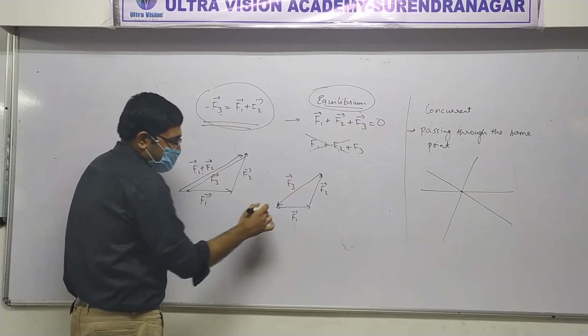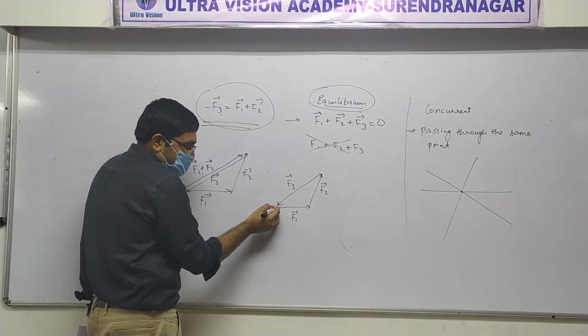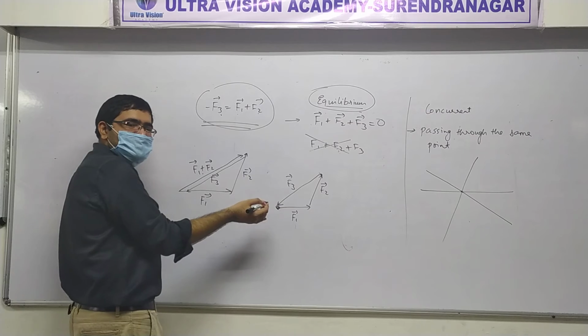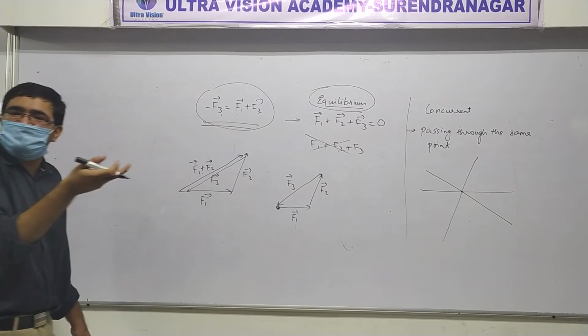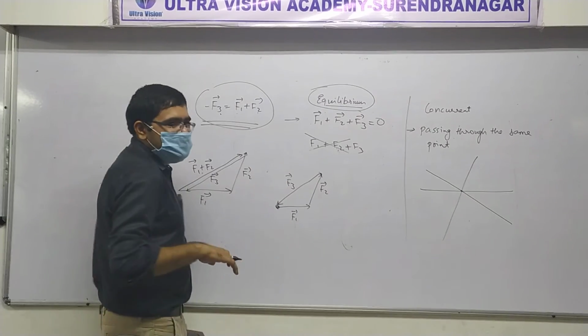One more way to understand. Now if I have to draw the resultant of 1, 2, 3, from where should I draw it? From the tail of the first to the head of the last. So where is that? It is here. So the resultant is 0. You cannot draw it. Did you get that? Yes. Sure? So they make a triangle like this.